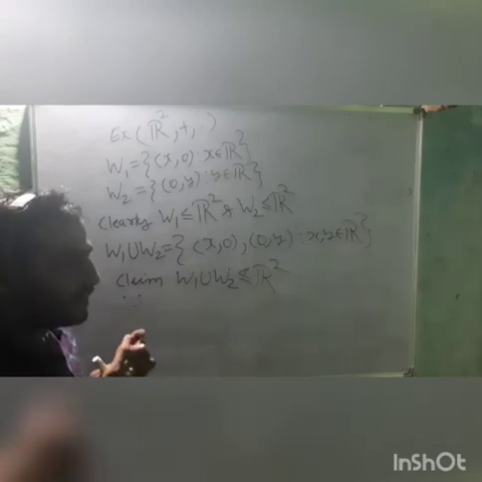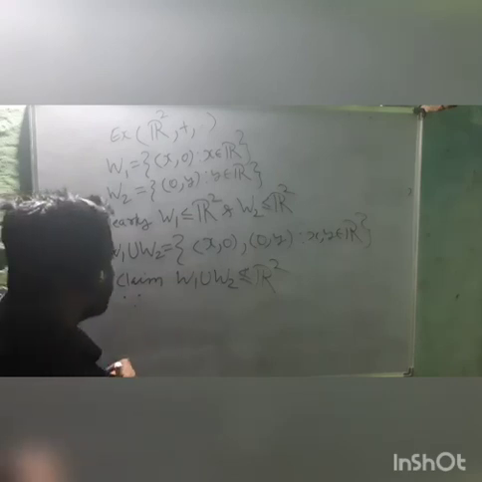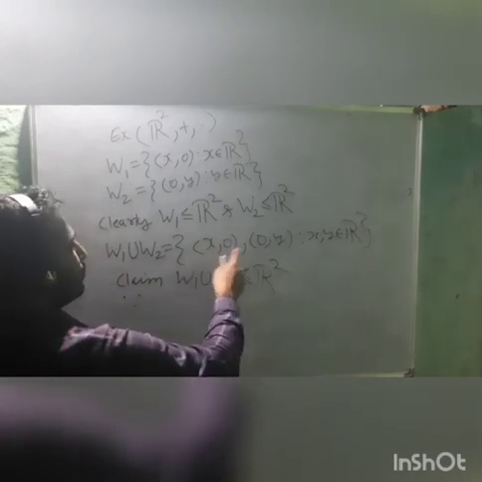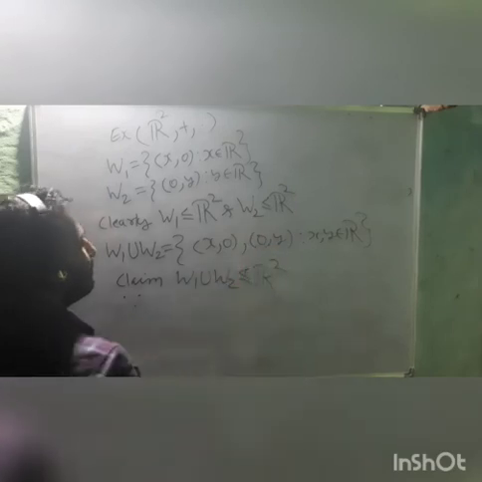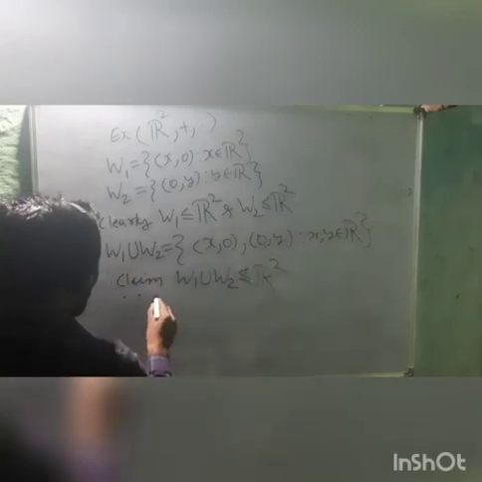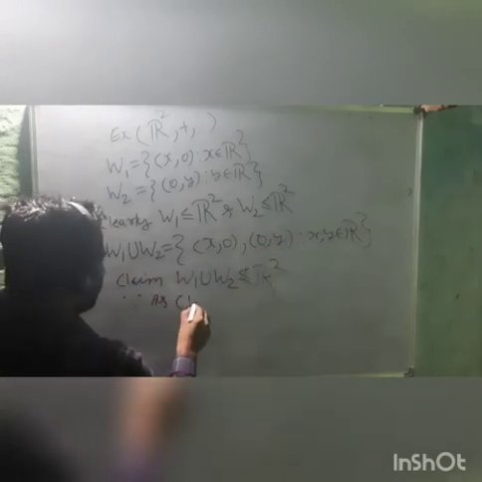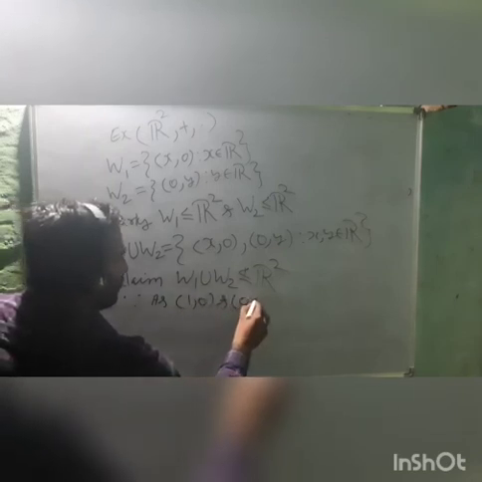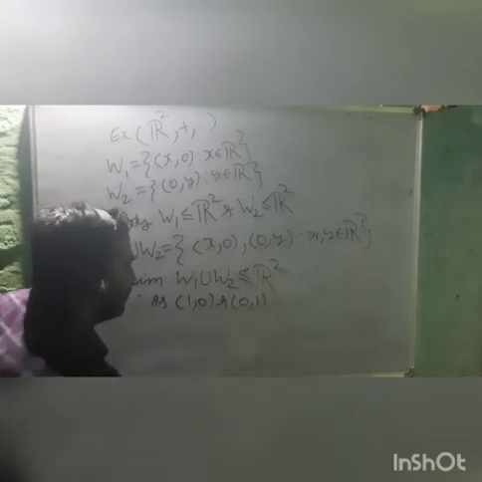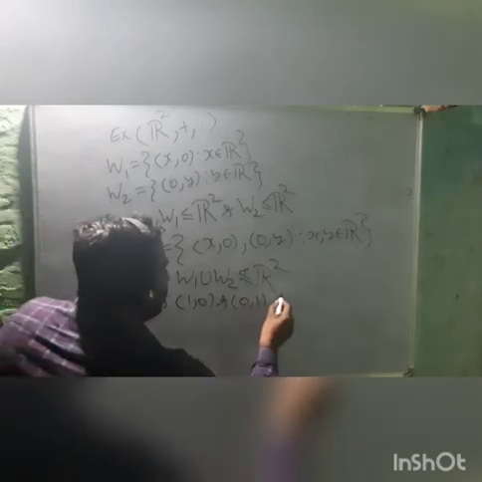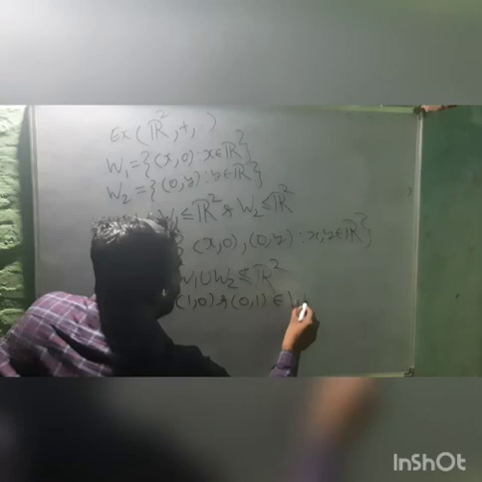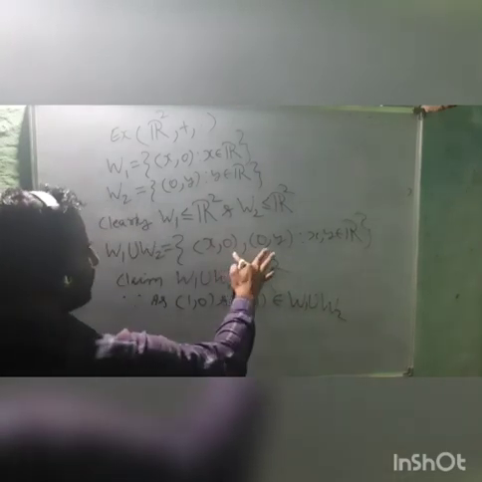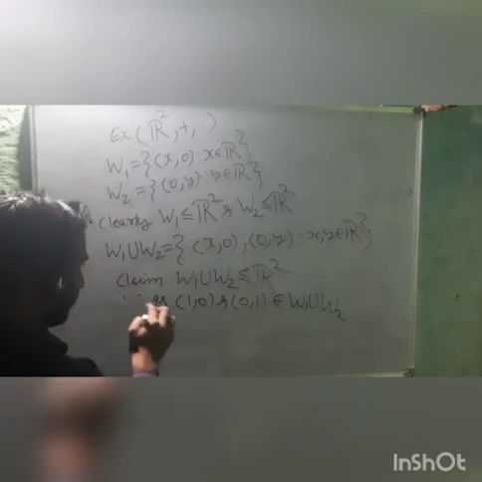In this example it does not satisfy the closure property. Pick any element from here other than 0, and pick one element from here also. So (1, 0) and (0, 1) both belong to W1 union W2. Elements of this type are in W1 union W2,